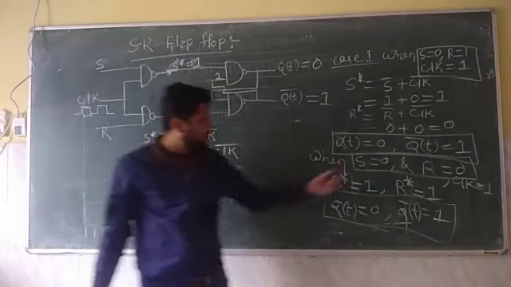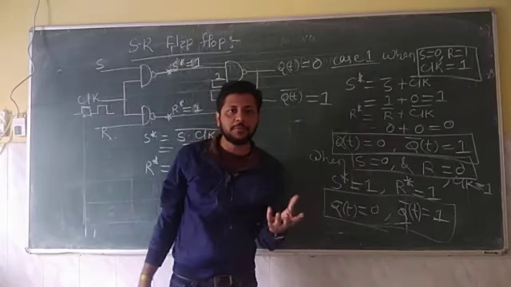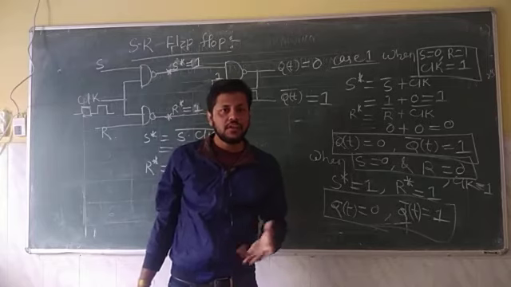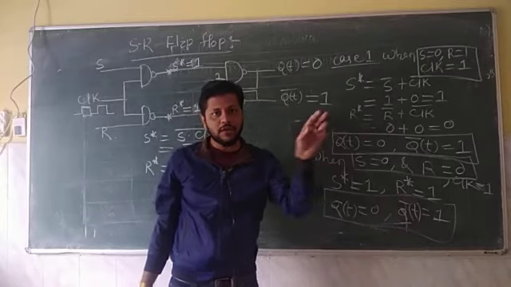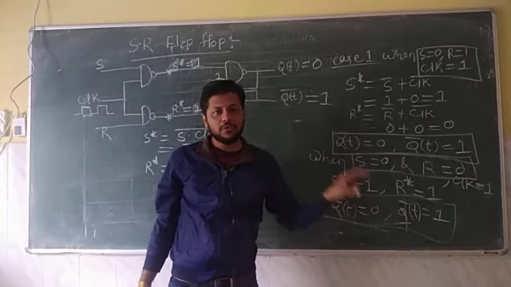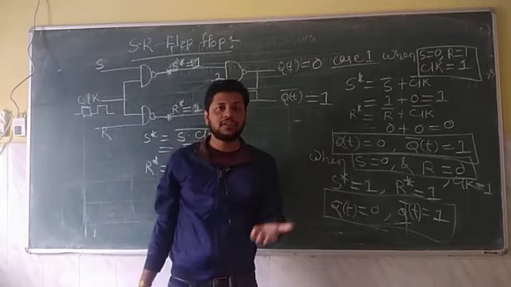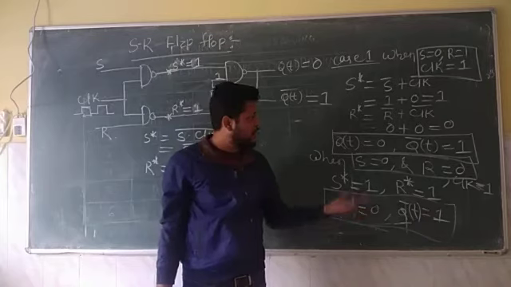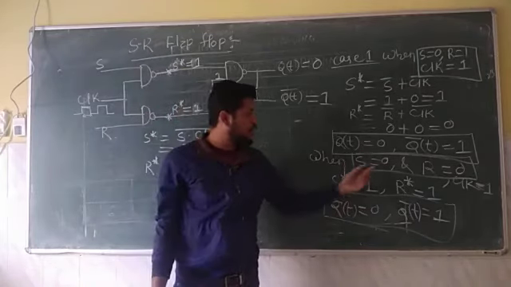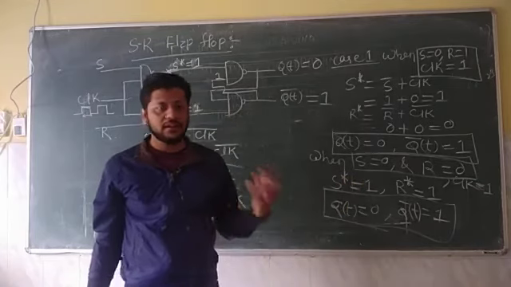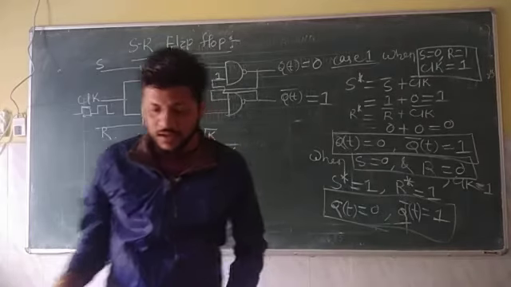That means whenever we apply S is equal to 0 and R is equal to 0 to the flip flop, it will retain the previous state. Previous state means the state which your flip flop was in the previous clock. For example, at 5 seconds, whatever output you got from your flip flop, even though I change the input now to S is equal to 0 and R is equal to 0, after that also we will get the same output. That means for this input your flip flop acts like a memory. Then we will see